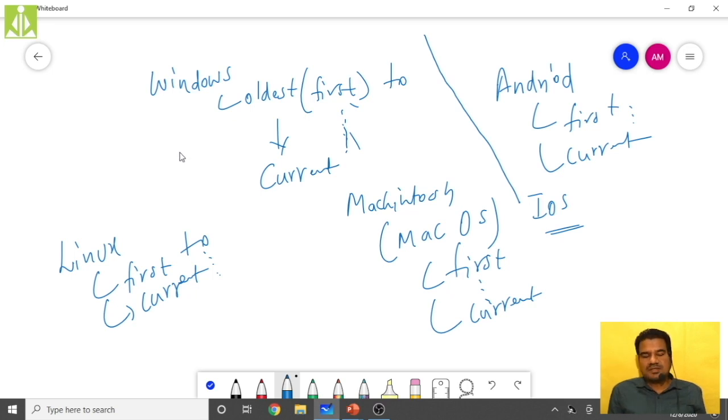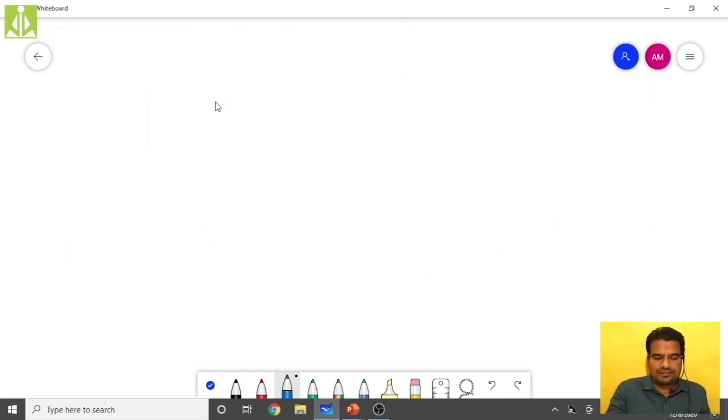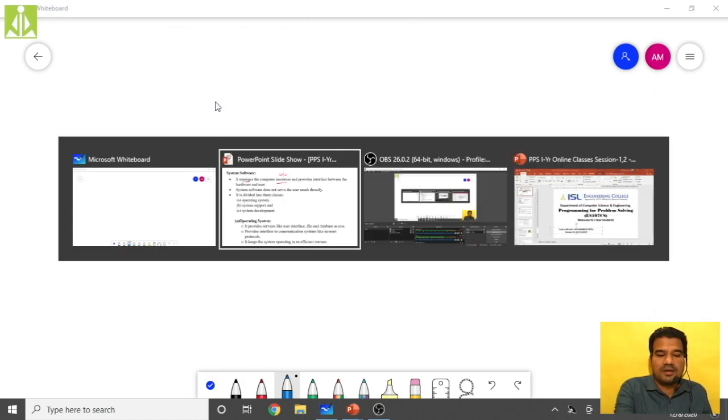See, many times these types of simple things only will make you vibrant in the classroom. You will gain the attention of the faculty, and in terms of awarding the marks, in terms of showing some benefits, definitely you will be privileged if you do such things. If you fulfill such activities, you will be privileged. Okay, so quickly I will remove this one and I will go to our PPT.